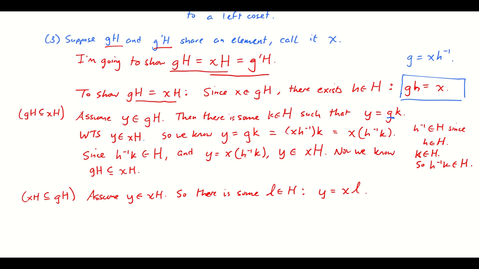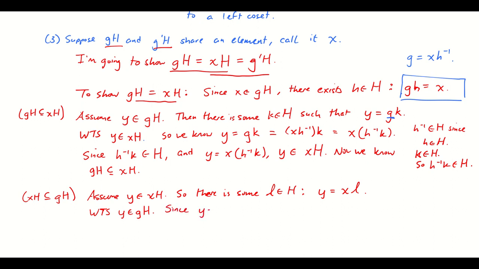We want to show that Y belongs to the coset GH. But now again, I'm going to use the same thinking strategy here. I have Y in terms of X. I would like to get it in terms of G. And I have a nice relationship here between X and G. X is the same thing as GH. Well, that's great. That means I can say,